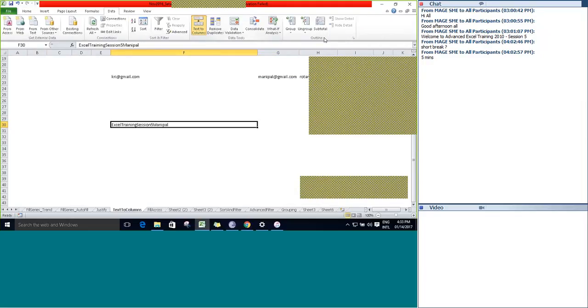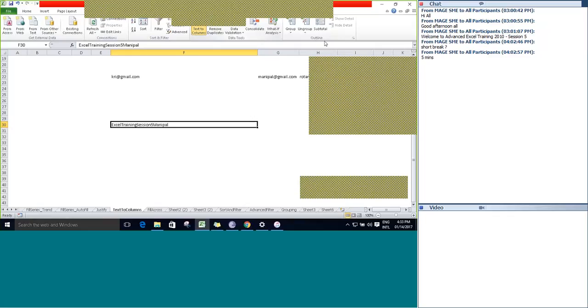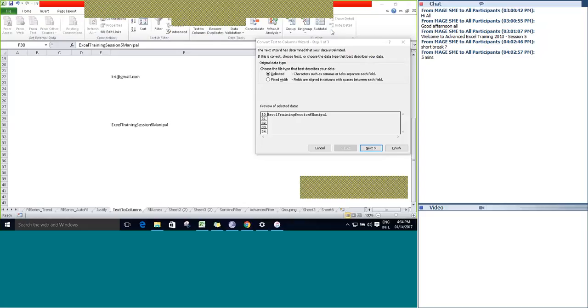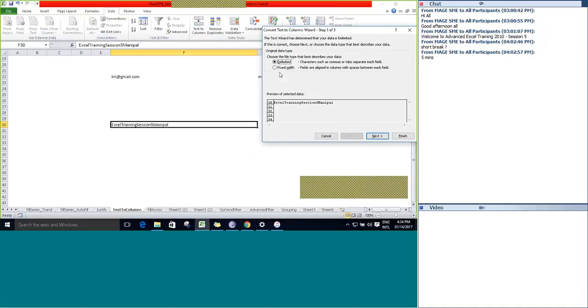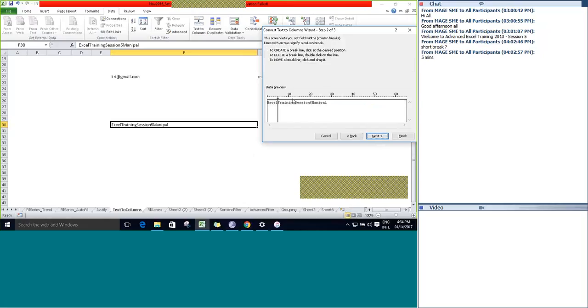So when there is no space or no delimiter available, in that particular case, we can go with the fixed width concept. Click next. Here, if you want to split, just click over here and an arrow symbol will be inserted. Again, wherever you want to split, click once and it will insert an arrow symbol.